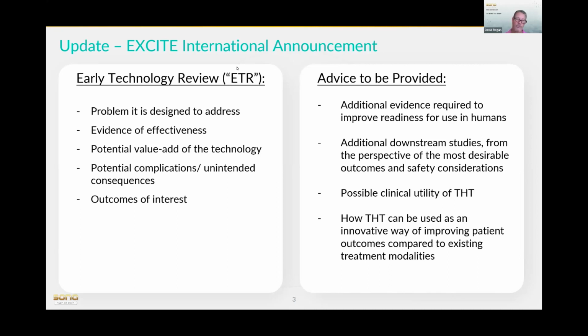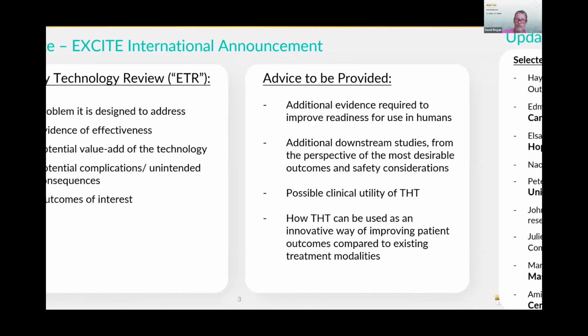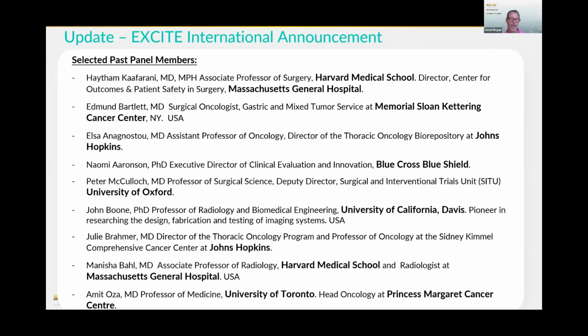Payers are most interested in effectiveness. Two different sets of data needed to support those two things. And on here in terms of the advice that's provided, I just want to flick forward to give you a sense then, before we kick into the main presentation, of